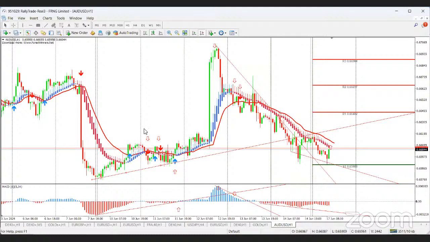So until we see a shift whereby the lows are getting higher, okay, on both the MACD side and the price side. So for example, this one will shift to like this. It means that the lows are getting higher. That means we're getting a higher low on the MACD side. So we also need a higher low on the price side. So we need something like this, before we can now place a buy. So maybe the arrow will appear later. If it appears later, yes, you can actually place a buy. If you have an arrow appear and you have a higher low, yes, of course, you can place that trade and make money.